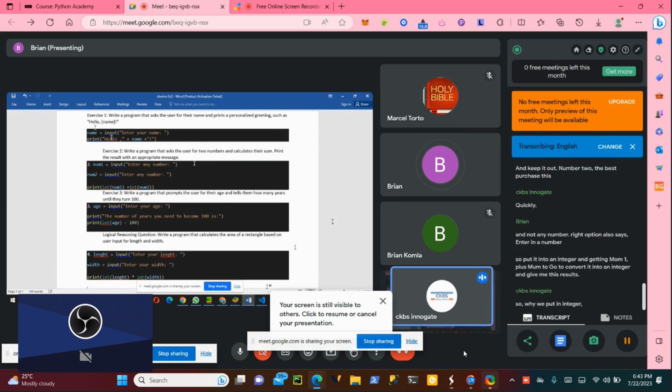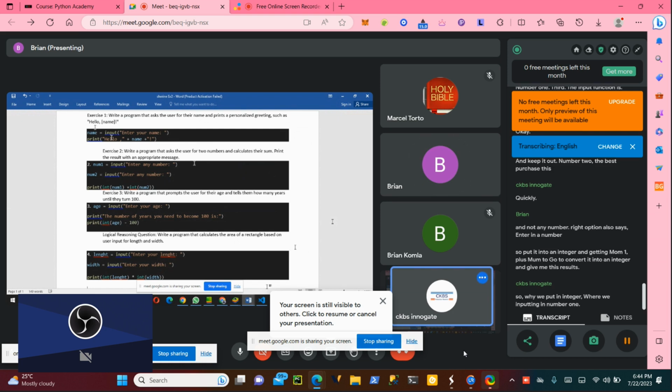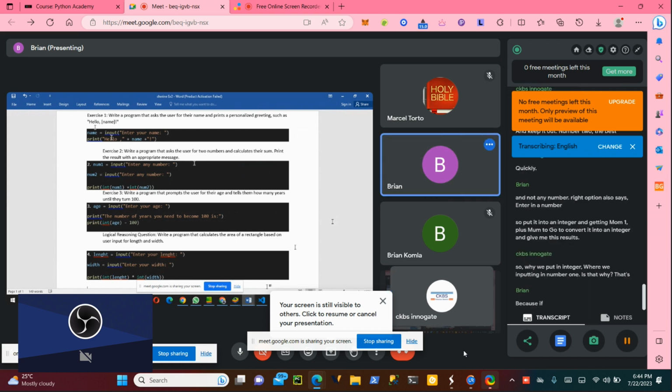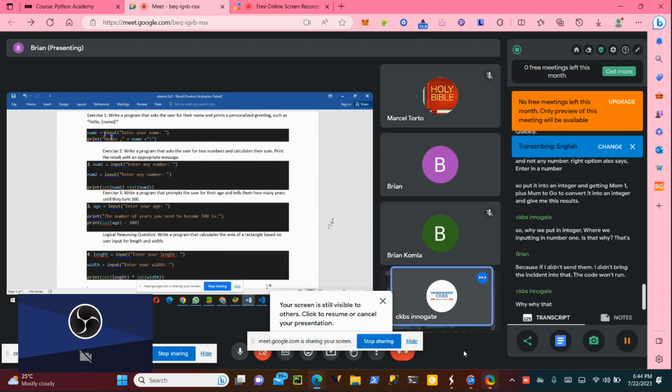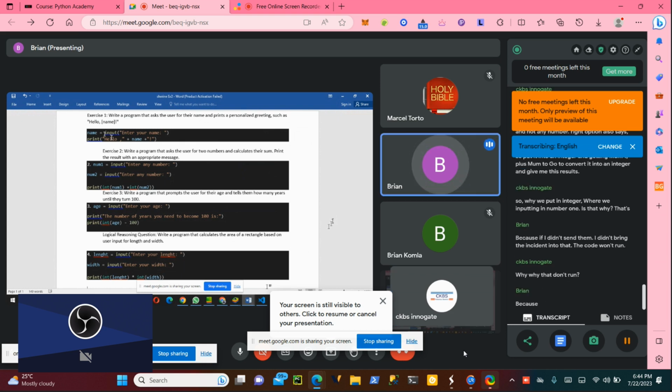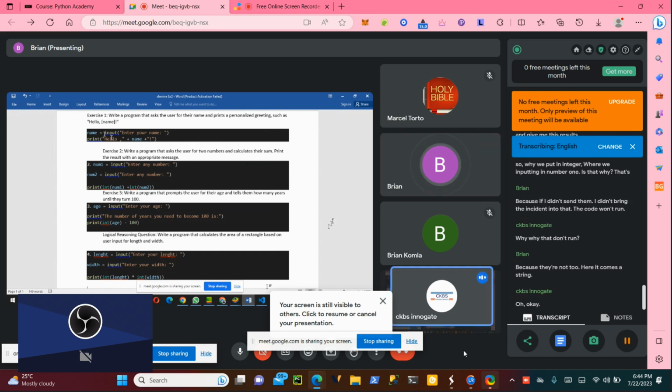So why are we using int for num1 and int for num2? Because if I didn't bring the integer, the code won't run. Why doesn't it run? Because num2 here becomes a string. And then what you are doing is addition, right?